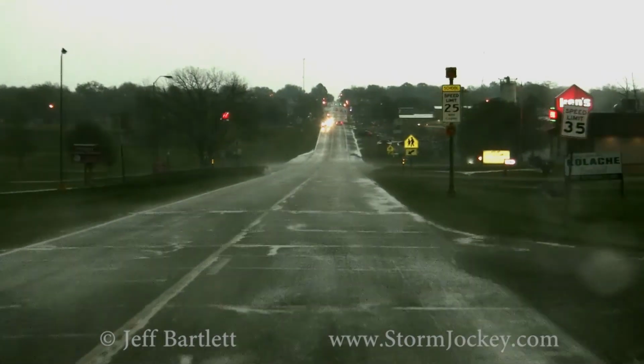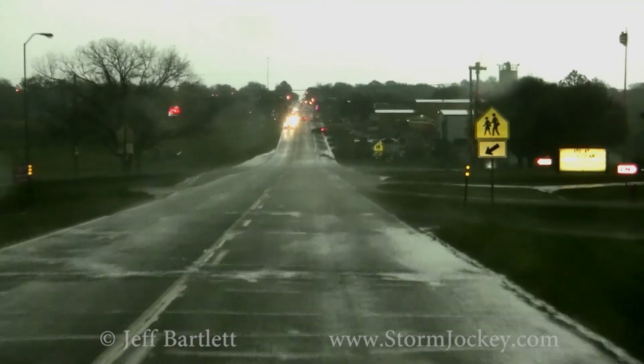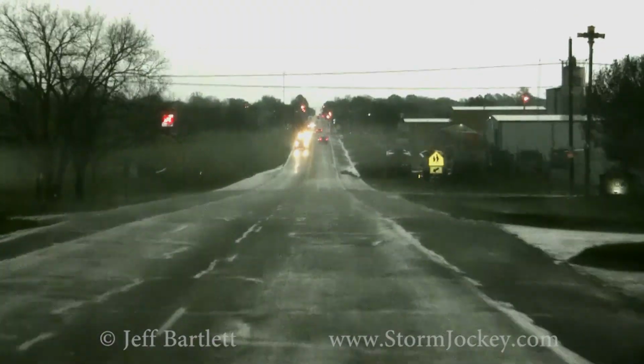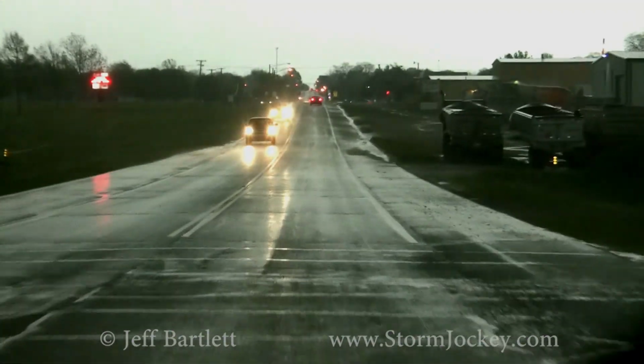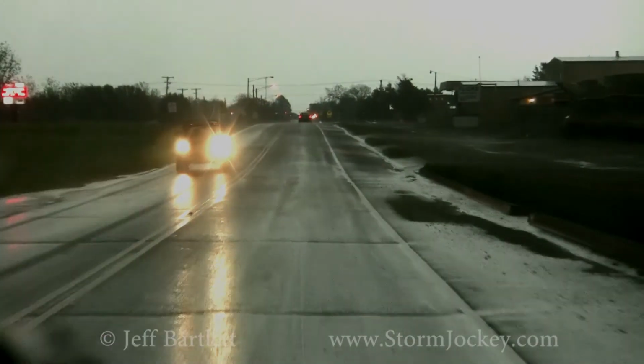Spotters reporting debris falling out of the sky 1 south of Stroud. 1 south of Stroud. It makes you wonder where that debris came from. If there's debris falling out of the sky in Stroud, it makes you wonder where that debris actually came from. If that debris came from the Shawnee area, which is possible, but Stroud has debris falling out of the sky. And as you know, Stroud's about 30